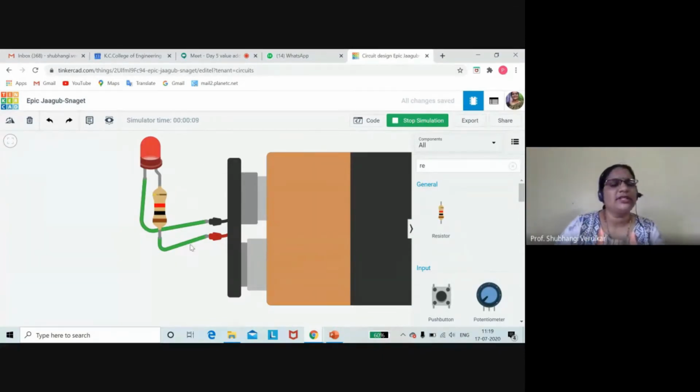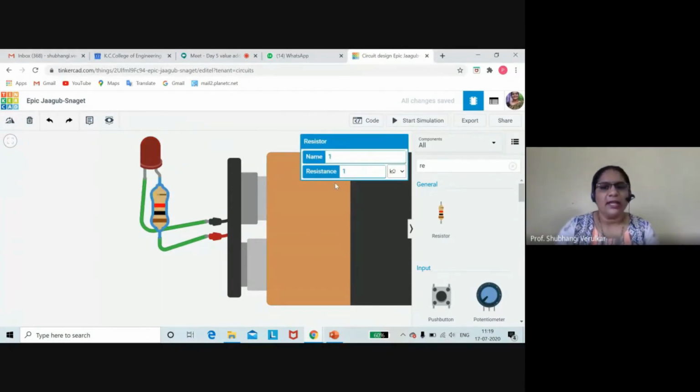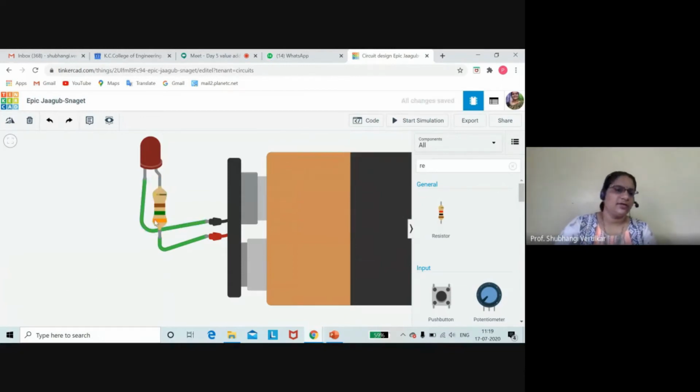Now what do I want to change? I want to change the value of this resistor. How will we change? Stop simulating, click on this resistor and you can put the value here. Suppose I am writing 350 ohm. So just write a value and choose the unit. You can choose K ohm, mega ohm, micro ohm also. We are choosing ohm. Done. You can see the color code has been changed. Now click on it. Okay, so now your brightness has been increased.